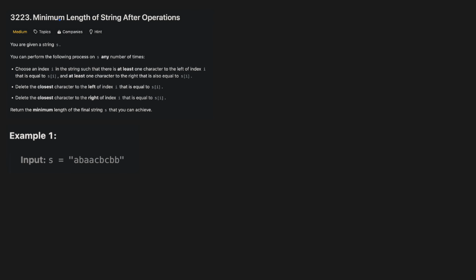Hello everyone, welcome back. Let's talk about another medium problem on Leetcode today. Minimum length of string after operations. Leetcode 3223. In this problem we are given a string s and we can perform the following process on s